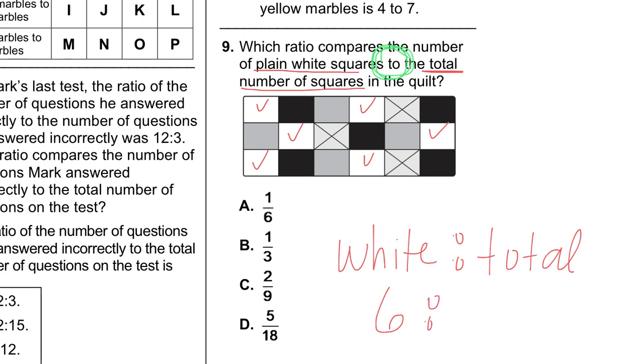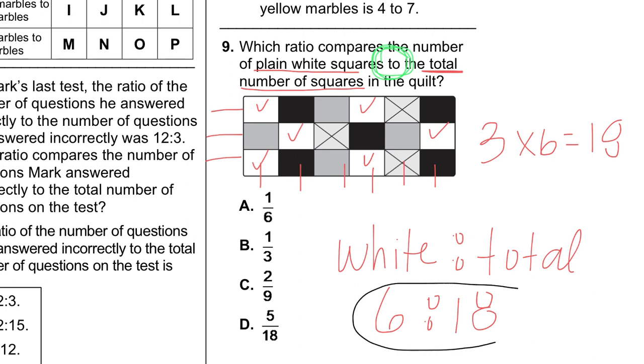And for my total, I need to count all of these, or I could count quickly like this, as if it were an array. So we have 1, 2, 3. That would be 3. 1, 2, 3, 4, 5, 6 times 6, and that should give us 18. But hold on, we don't see that ratio 6 to 18 here in any of these